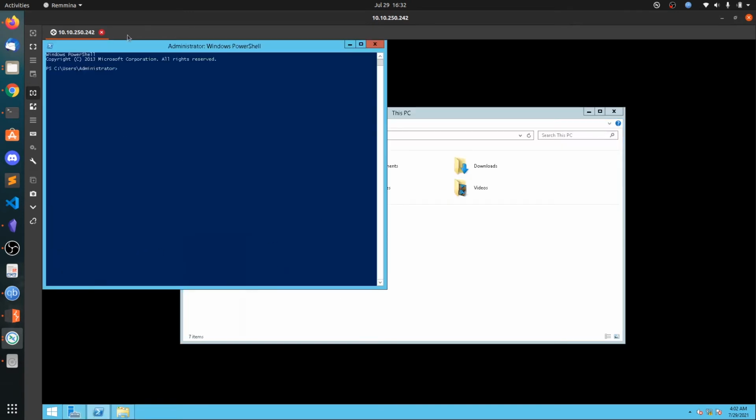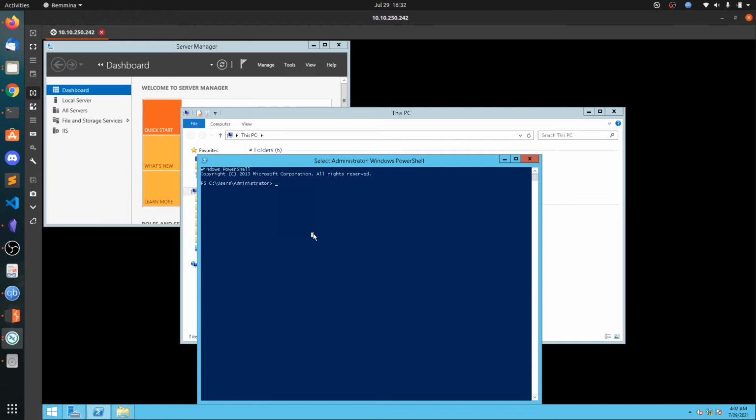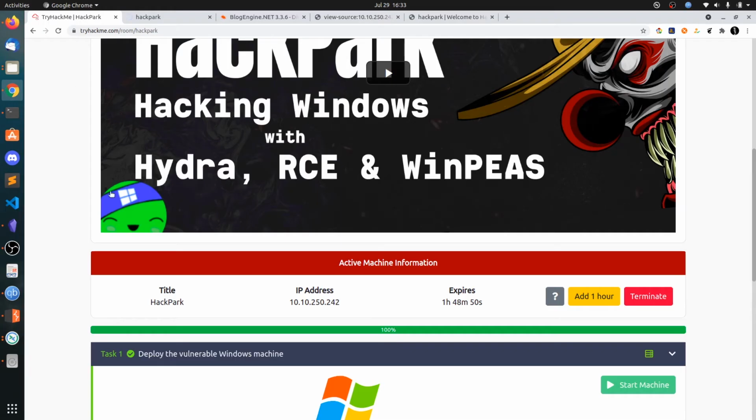So you can now open up the PowerShell window and you can go to desktop. So you can use the root.txt and you can also get the user.txt. So this is the very simple way to get the root, but the actual method is different.